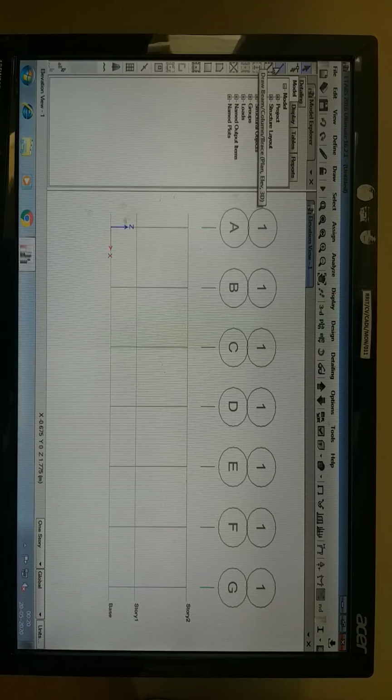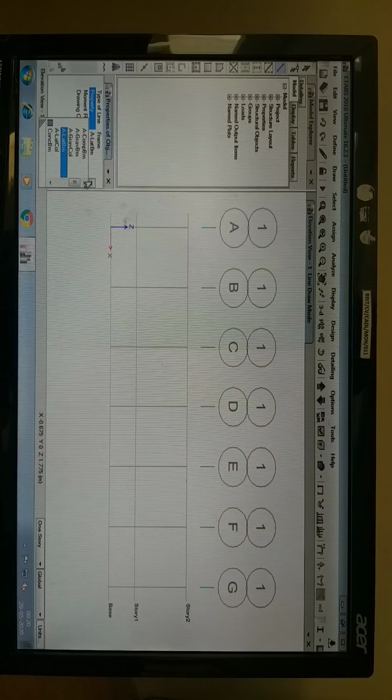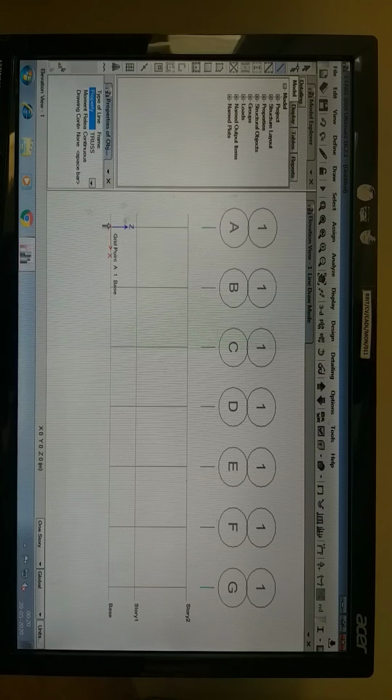Here you can see the icon, draw beams, column or brace. Click on that, and then click on property. On property we have assigned the name truss, so select truss. Draw the members. Here we have a figure.